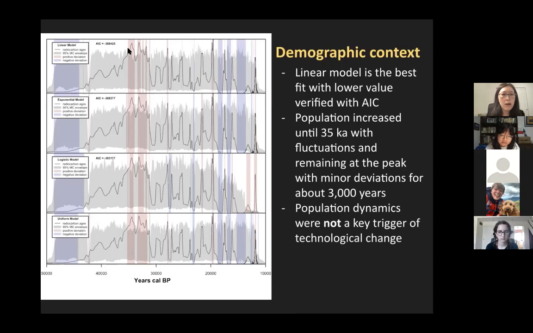So around here, the stemmed points and the technological change occurred. So I conclude that the population dynamics were not the main or key trigger of the technological transition.